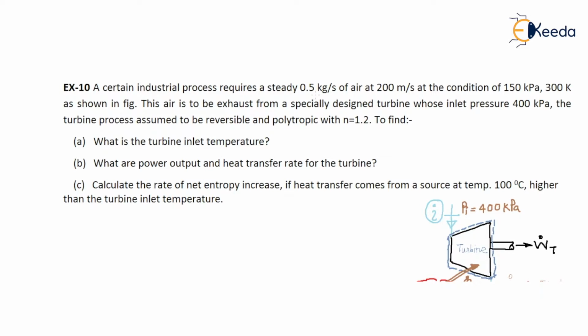that is, the mass flow rate is given, m dot of air, at 200 meter per second at a condition of 150 kilopascal and 300 Kelvin as shown in the figure. There is a mass flow rate and